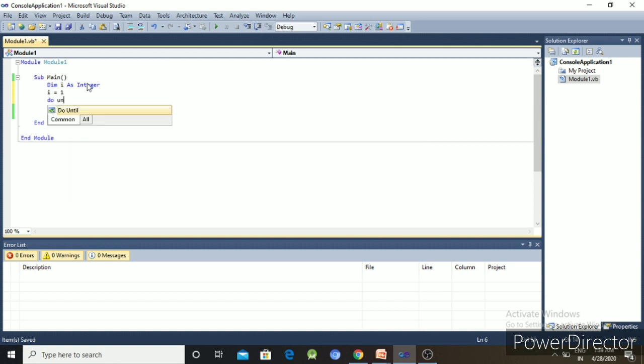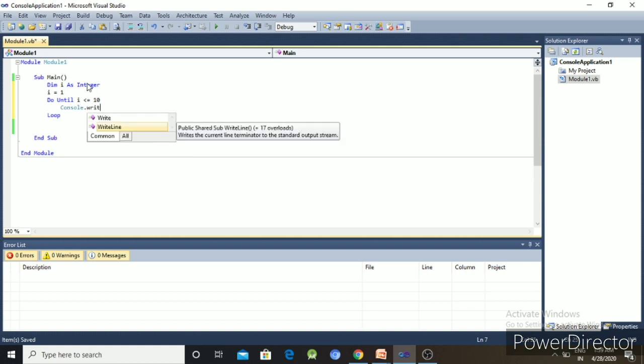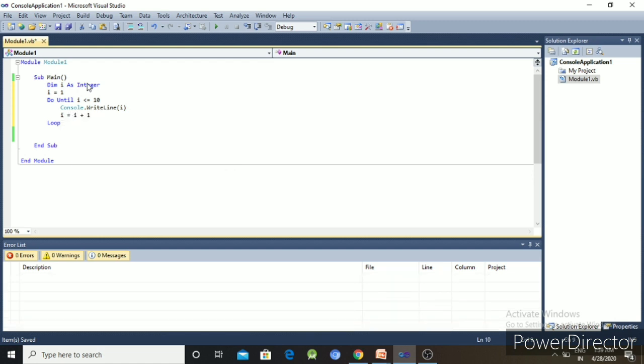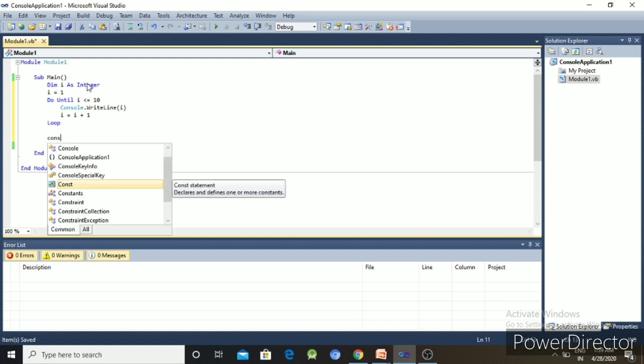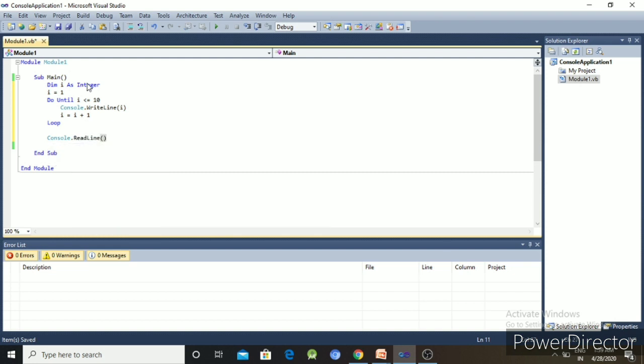Do until I greater than or equal to 10, Console.WriteLine and display I, then I equal to I plus 1. To hold the screen, you have to use Console.ReadLine.